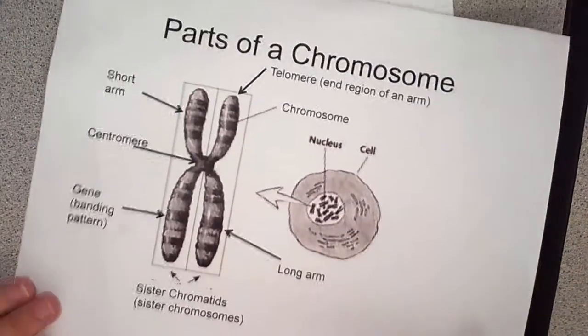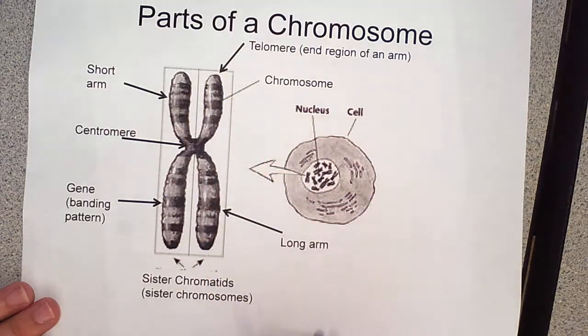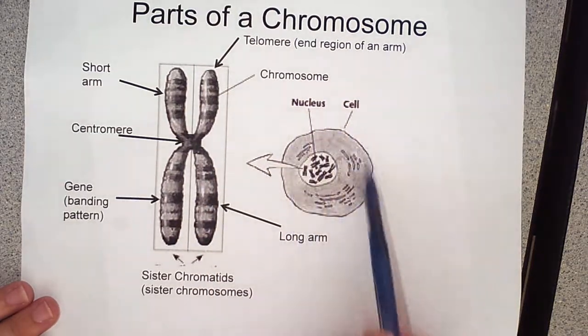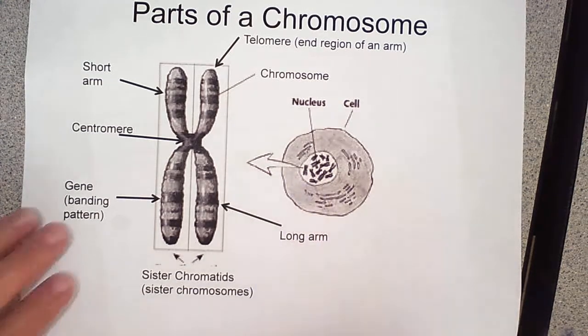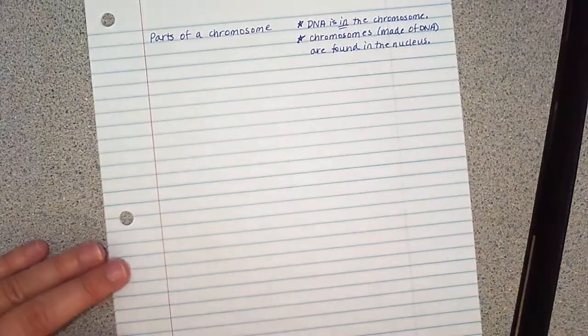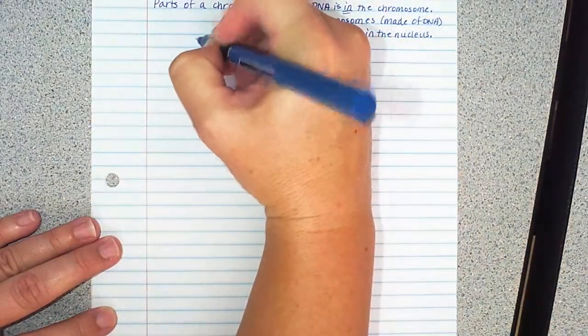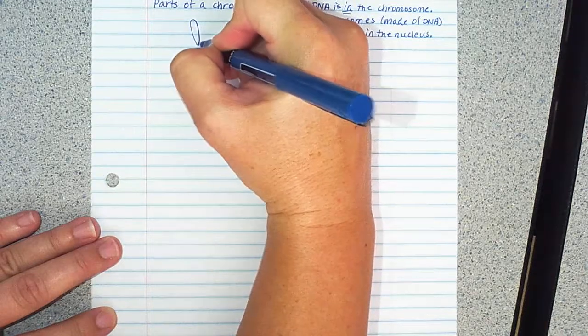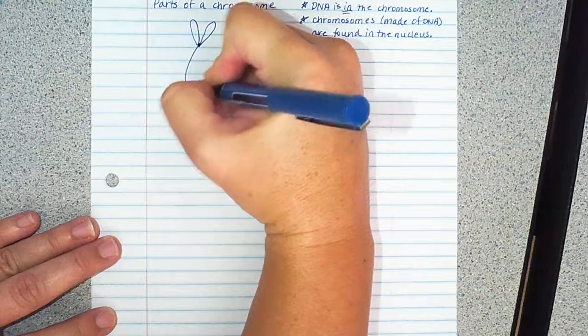Okay, I'm going to show you a picture. Again, it's in the PowerPoint if you want to take a look at it, but we are going to draw this structure of a chromosome in our notes. You can see here a cell, here's the nucleus, and these little X-looking things are the chromosomes. So let's zoom into a chromosome and talk about the different parts of a chromosome. The picture that you're seeing looks almost like rabbit ears.